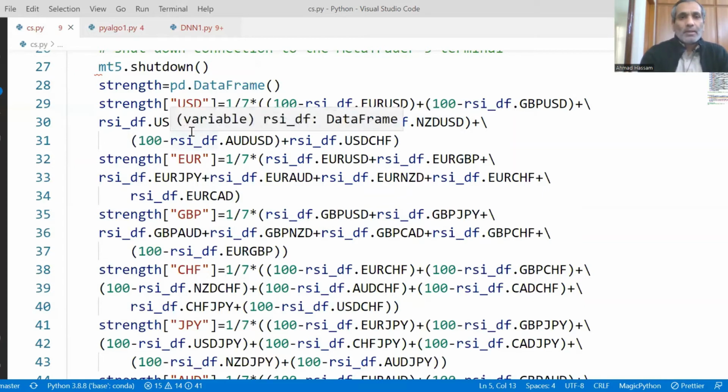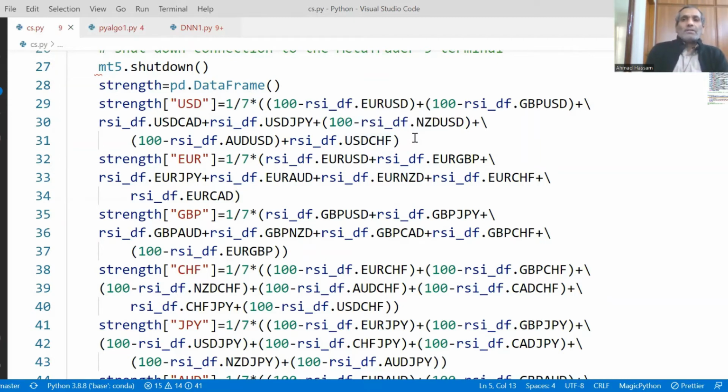Then we have this dollar loonie. This is what we want. Dollar yen. Again, we should have dollar kiwi, but we have got kiwi dollar, so we subtract from 100. And in the same manner, we subtract from 100 this Aussie dollar, and then we have got this dollar Swiss franc. So this is how we want to calculate the strength of dollar.